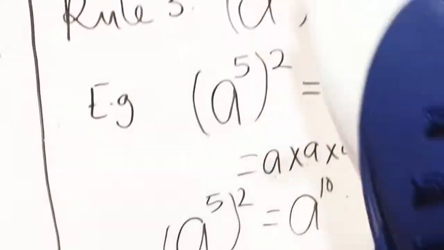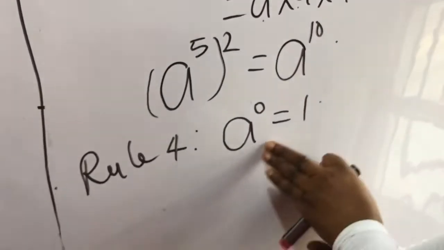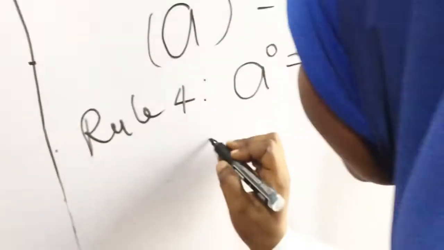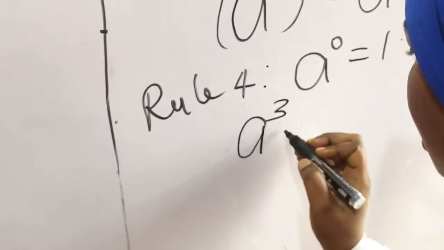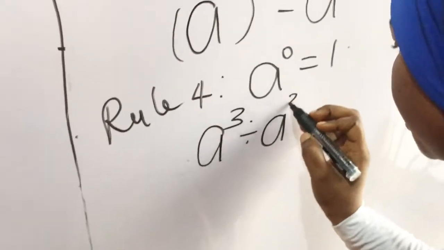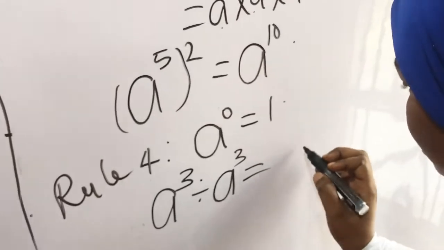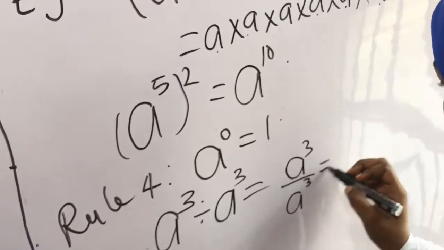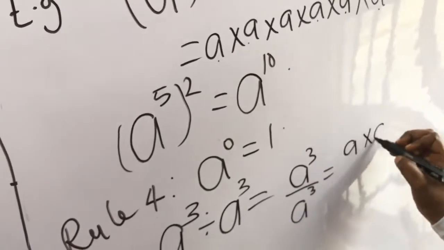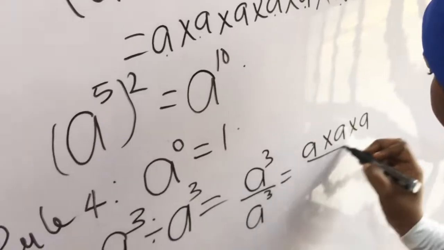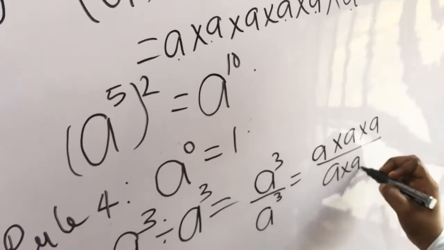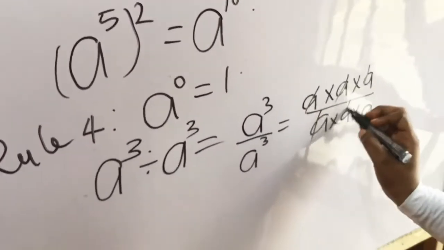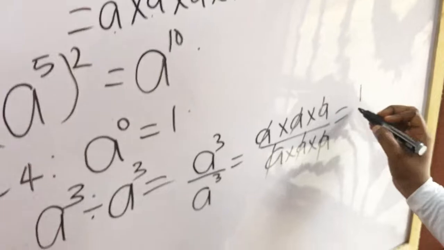let's use rule 2 to prove that any number raised to the power of 0 will be equal to 1. If you have a raised to the power of 3 divided by a raised to the power of 3, which is the same thing as a multiplied by a multiplied by a divided by a multiplied by a multiplied by a. Then this a cancels, a cancels, a cancels, and it is equal to 1 over 1,